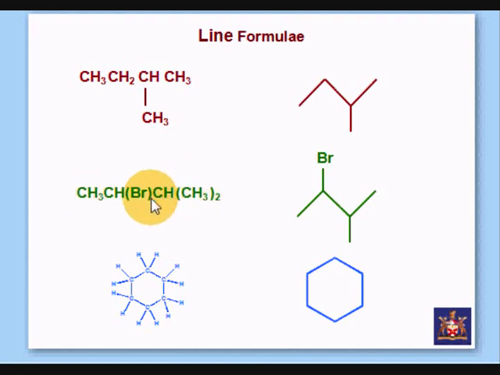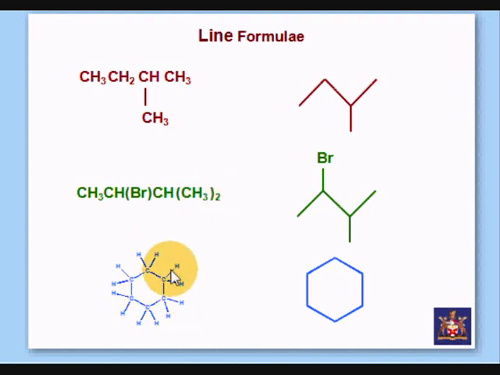This formula right here then has a bromine branching off the second C. So we see that's clear to observe right there. So there's the C, and we've got a hydrogen off that and also a bromine. And then we've also got a CH3 there. So the CH then, there's where our CH is, and we've got a CH3 right there and a CH3 right there. So that contributes to the CH3 that we have right there.